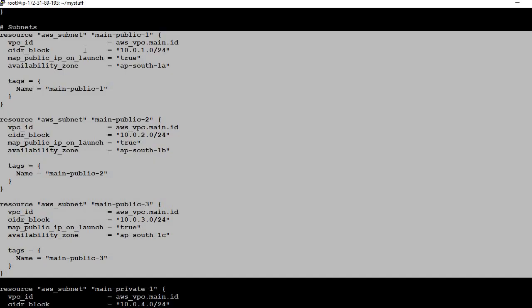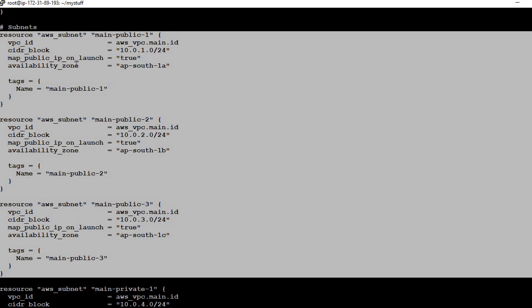Then define the CIDR block for all the public subnets, that is 10.0.1.0/24 and so on. So basically we have taken the /24 CIDR block; you can take as per your requirement.